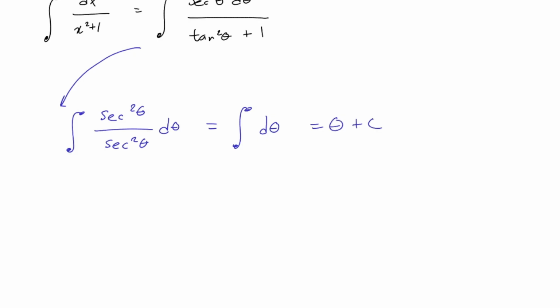So what are we going to do from here? Now, this is written in terms of theta. We don't want it to be written in terms of theta. We want it to be written in terms of x. And we can remember that we set our x equal to tan theta, correct? And this tells us that theta, therefore, must be equal to tan inverse of x, or we can just write arctan of x. So therefore, if we replace theta with arctan x, and we have a plus c here,